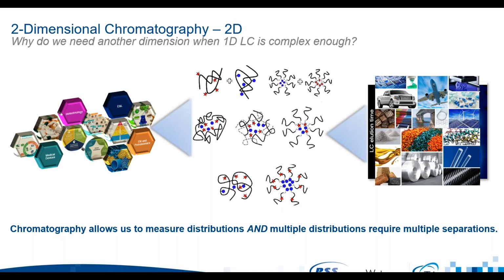And one of the more advanced techniques that's becoming more prevalent in this type of analysis is multidimensional or 2D chromatography, which is obviously what we're here to talk to you about today. So chromatography allows us to measure the distributions of the polymers that we're looking at, and multiple distributions requires multiple separations. So we're not claiming that chromatography or 2D chromatography alone can answer all of these questions,